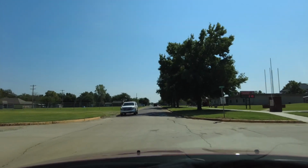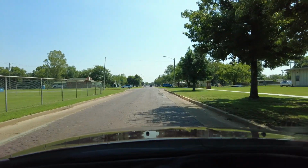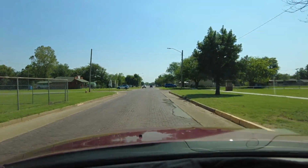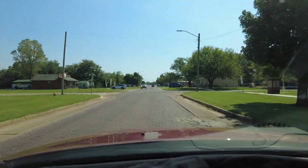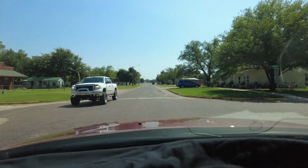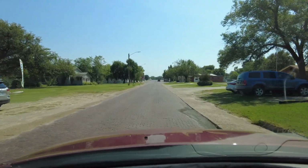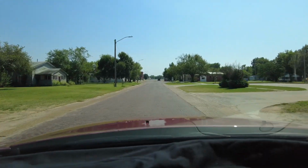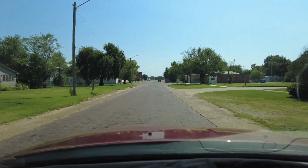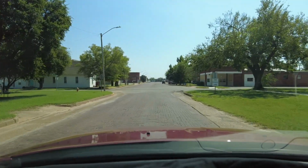Main street through town here because it's brick. This is pretty cool. It's a little humpity bumpity through here as well. It's kind of neat. And it looks like up ahead here that it gets even wider. This is a little bit narrow up through here. It's probably only like maybe 16 foot. But right here,